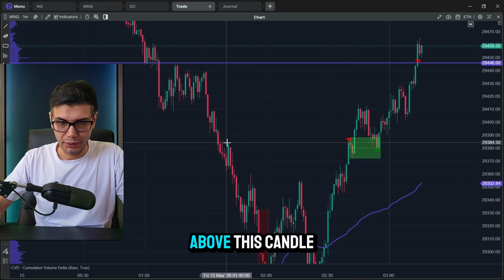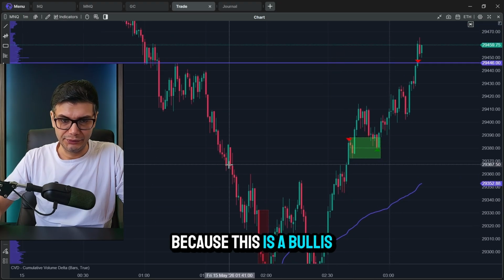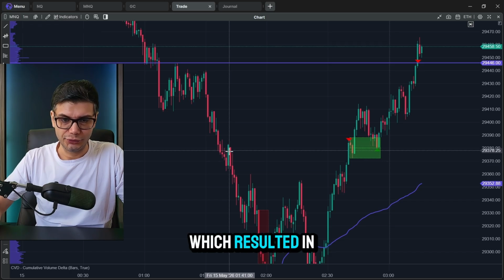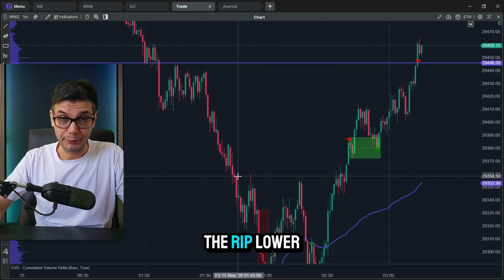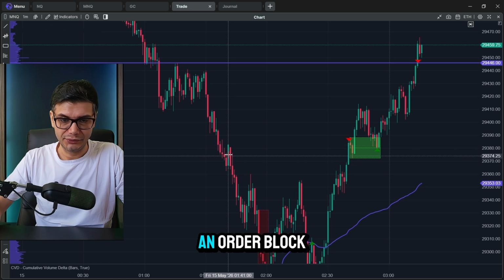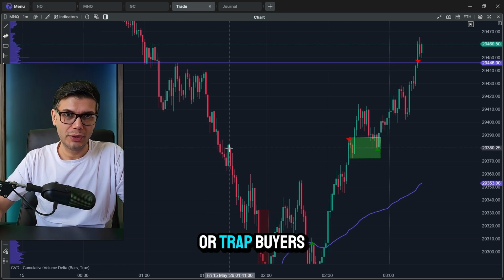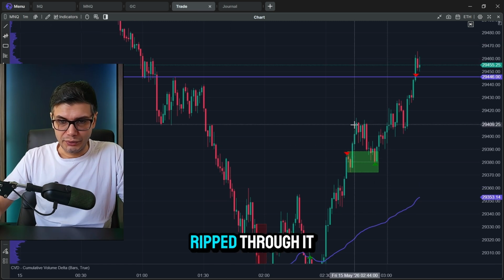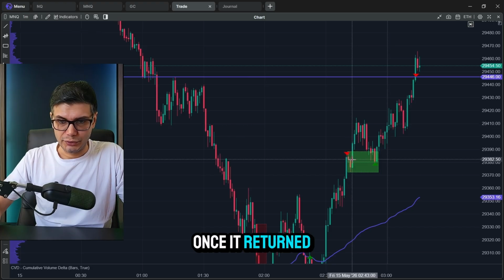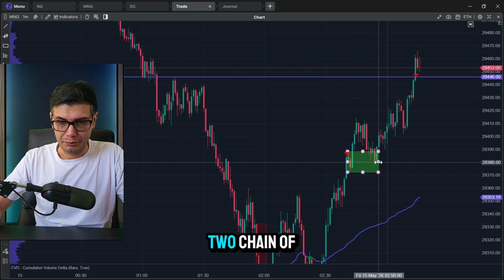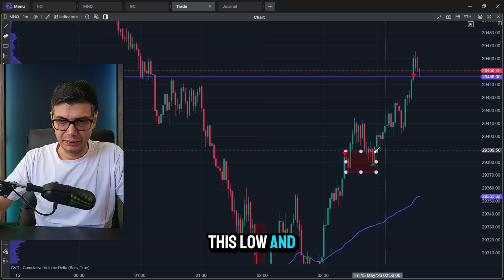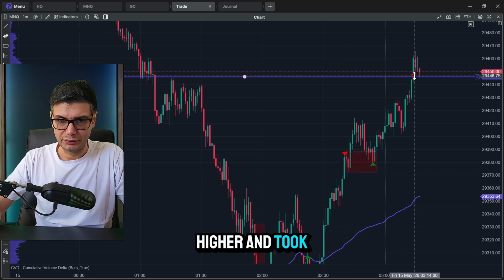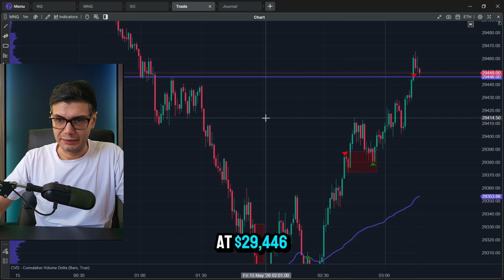Closed that order above this candle because this is a bullish candle which resulted in the price ripping lower. That makes this an order block for trapped buyers. But the price ripped through it. Once it returned back to these two chain of bearish candles and started going higher, I took that last profit at